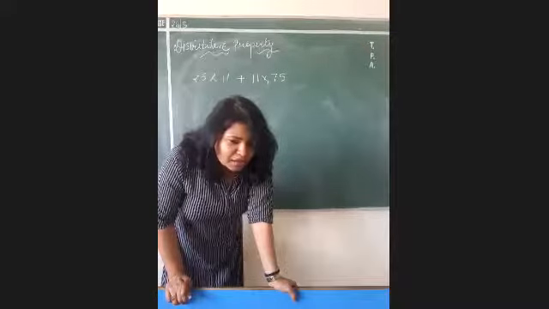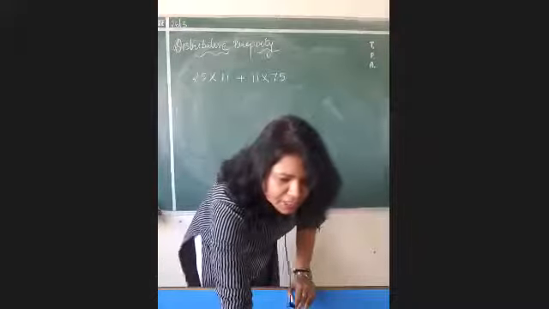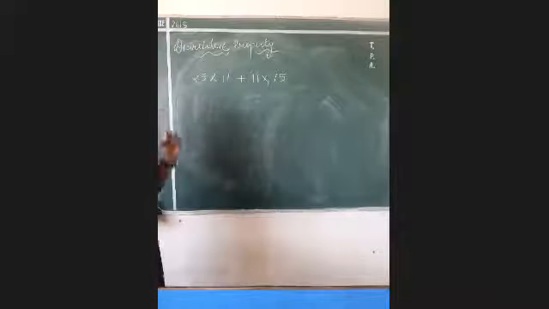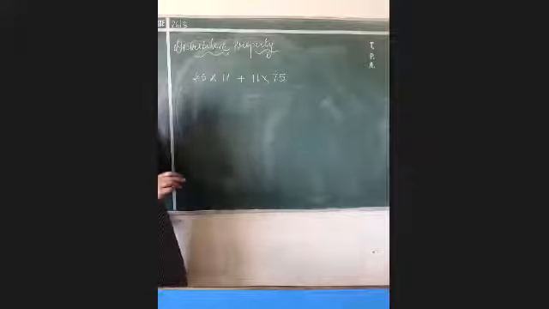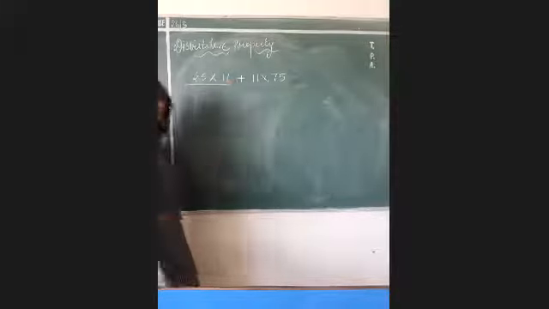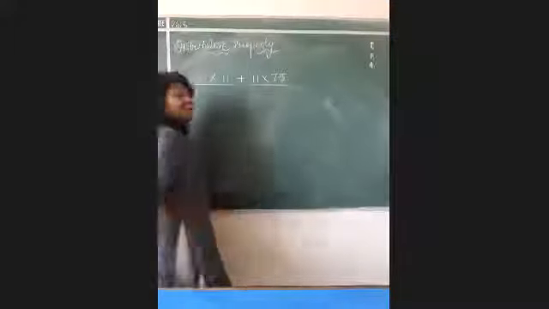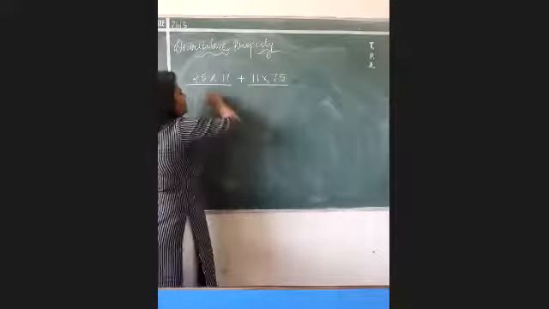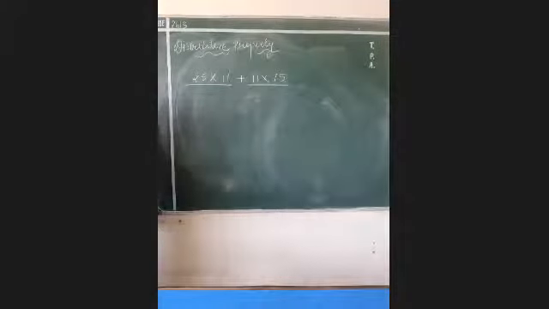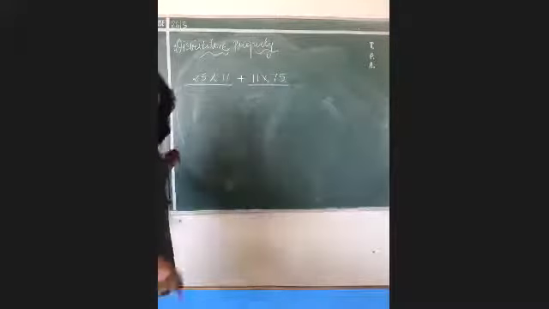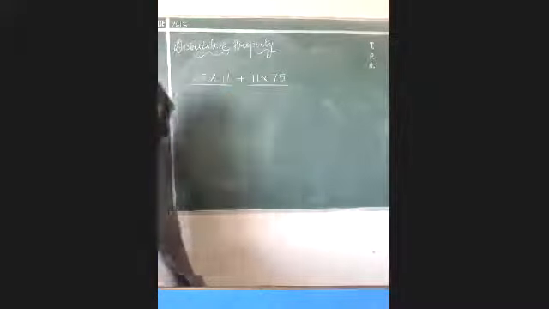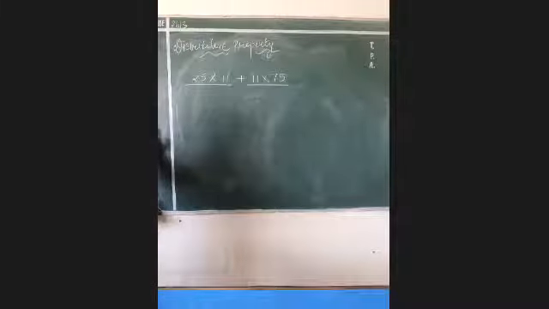So if you remember, I discussed this property yesterday. So I was telling you that we were discussing the questions related to distributive property. Now look here, two terms. The first one is this and another one is this. Okay. Now, can you tell me what is common in these two? Common means the number which is written here, also 11, and the number which is written here, also 11. Very good.